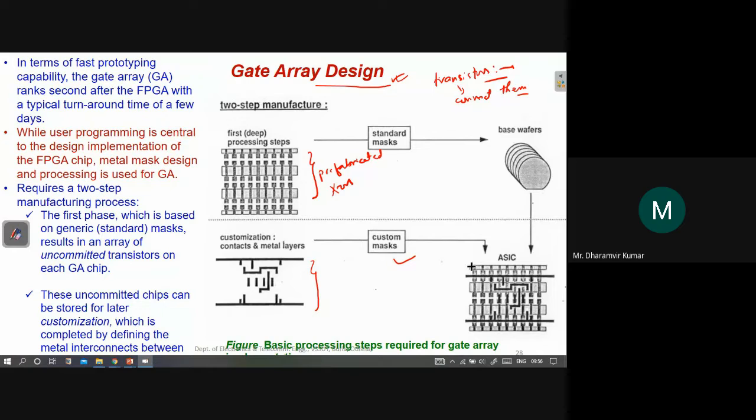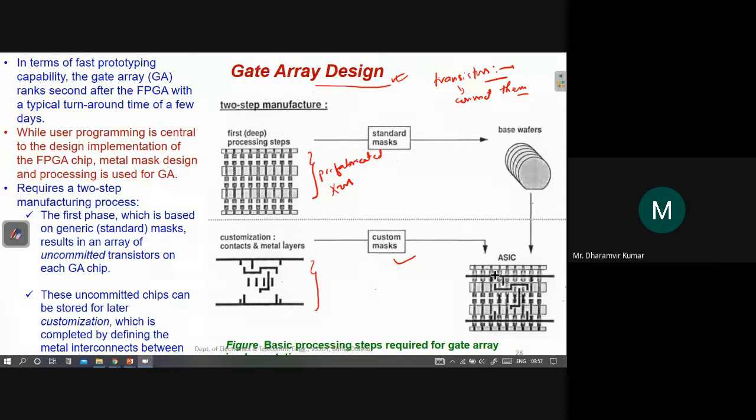Look at here, the transistors are being covered by these metal layers. And this metal layer is according to the designer's circuit. The circuit will decide what kind of metal layer is required, and we can connect those transistors with the help of these metal layers.